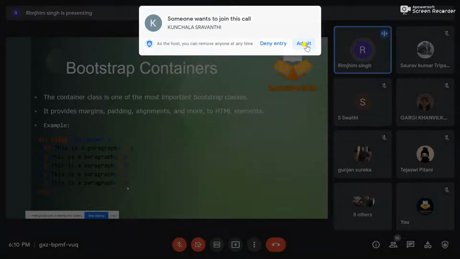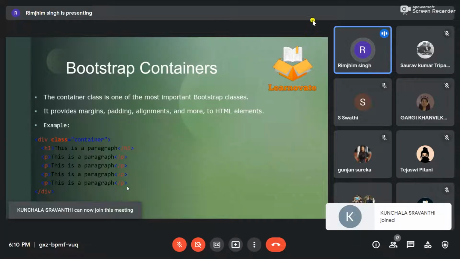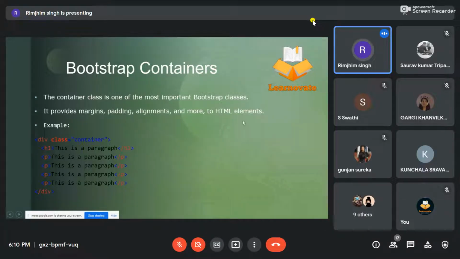Further ahead, when I'm showing you how grid works in our HTML, I'll be using containers, and I'll show you at that time. Class, if anybody is having any doubts in between, or if my pace is fast, or if you want me to go slow, you can just interrupt me anytime. Clear? Yes, ma'am, it is clear. Yeah.